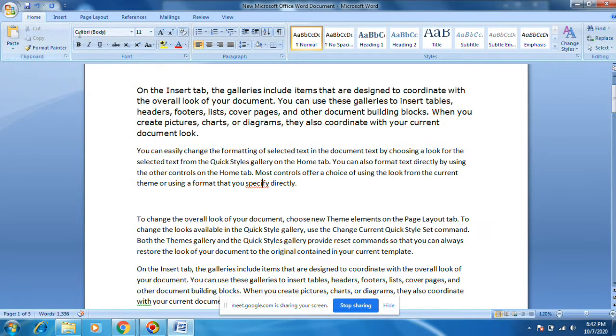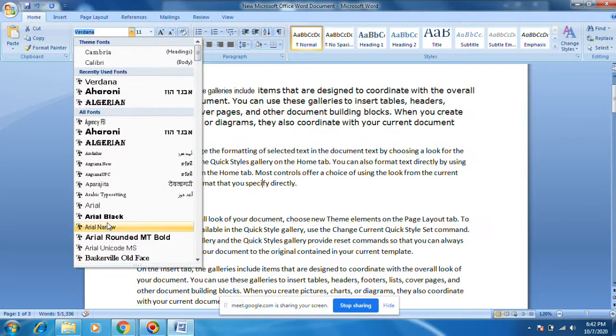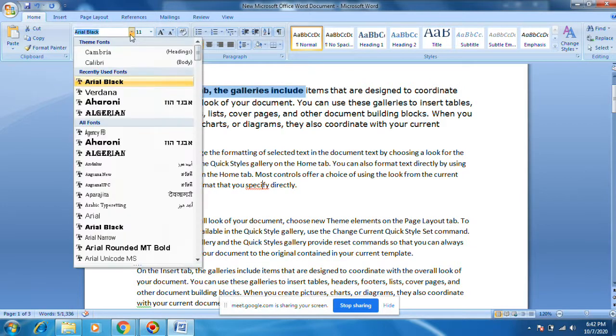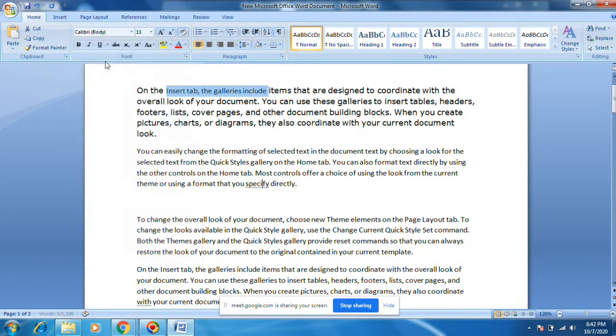Next thing is font. This is the font name, Vardhana. You can change the font name to whatever you wish, Arial Black or something like that. Calibri. You can put any font. If you want to highlight anything, bold.